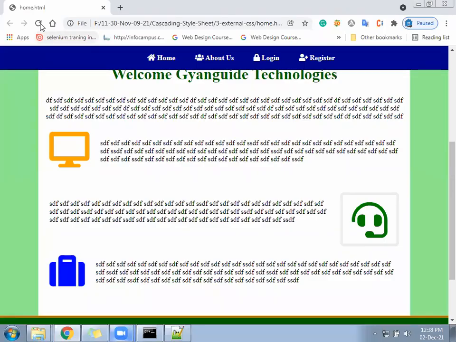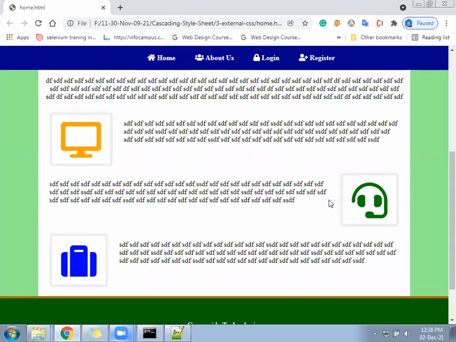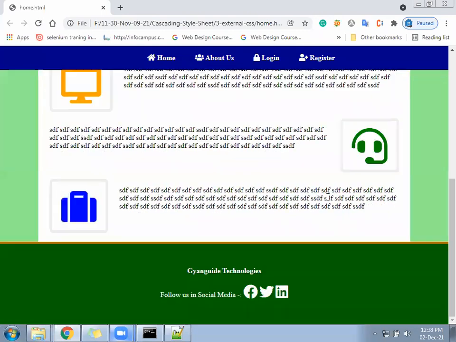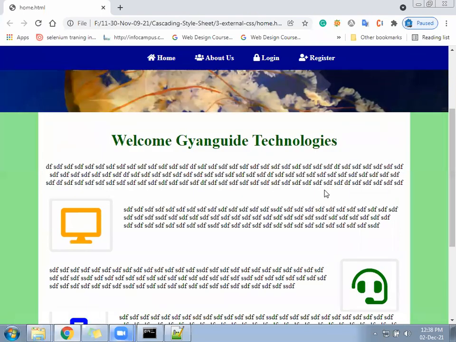Icons are on the side. Footer is at the last.